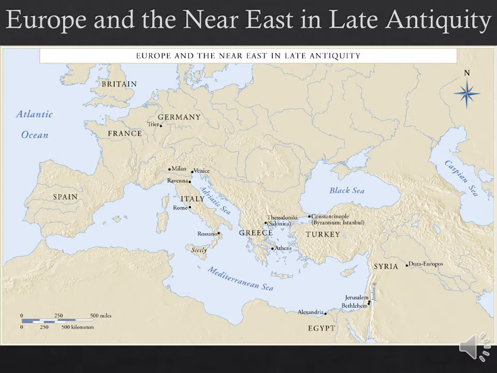Then we'll be moving steadily westward. As you move through Turkey, you'll see where Constantinople, this will become the capital city of Byzantium, which we'll look at later on. Then as we march ever further westward, of course, we'll see Rome in Italy, which will become the capital of Christianity in the western part of Europe.